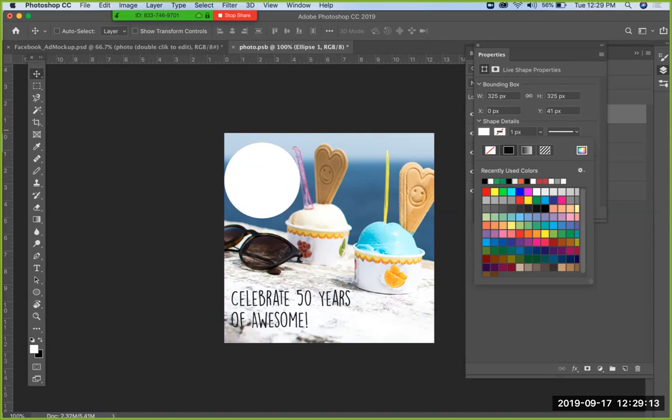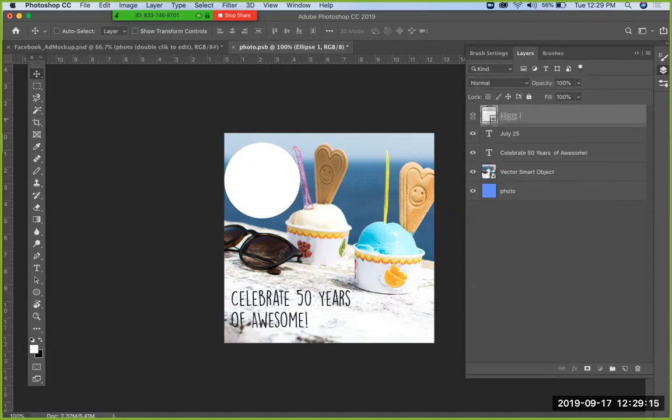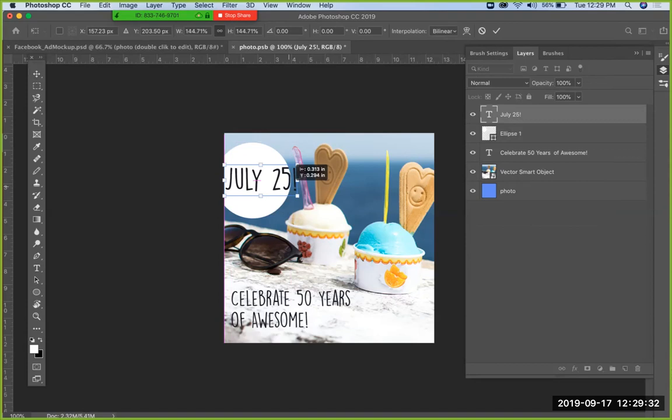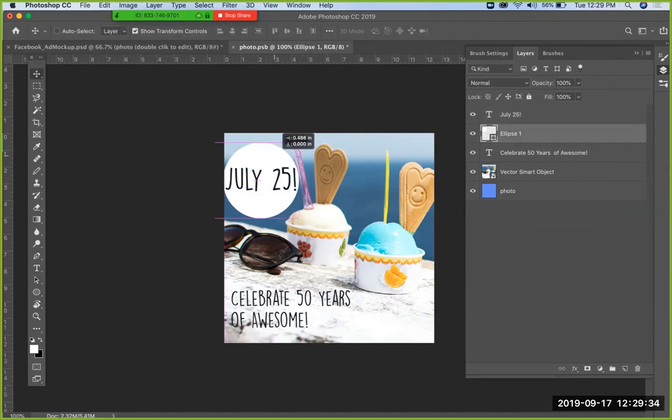So anyway, you can see that when you design, if you want to design in mockup, you really do just get to kind of play around. You get to play around a little bit with what you're doing, how you're doing it, why you're doing it, and all of that good stuff. So July 25th. And the cool thing is that,